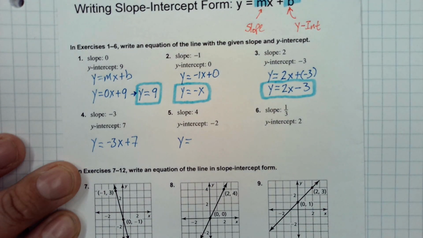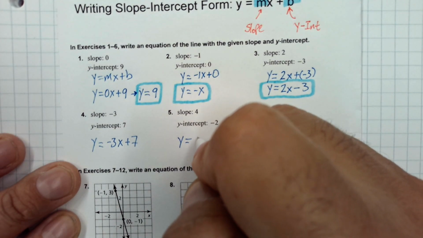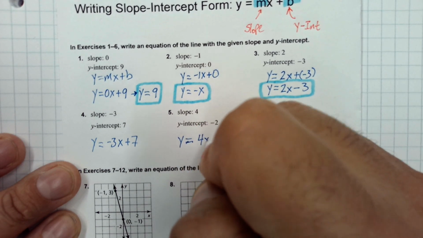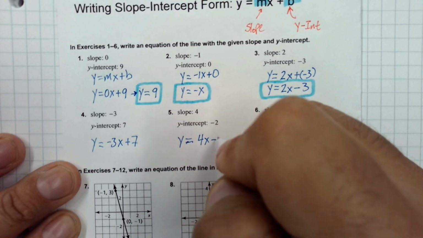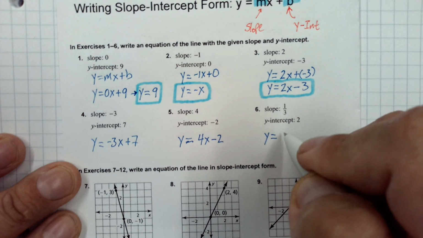Hopefully you got y equals negative 3x plus 7 for the first one. Number 5 should be y equals 4x minus 2. And then the last one is y equals,